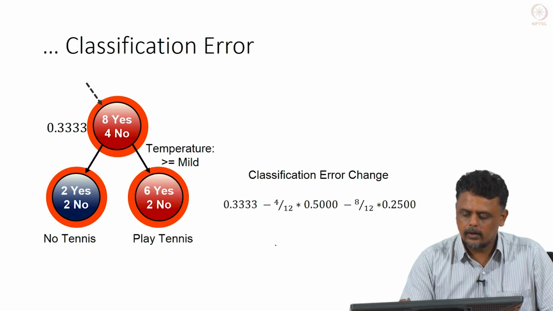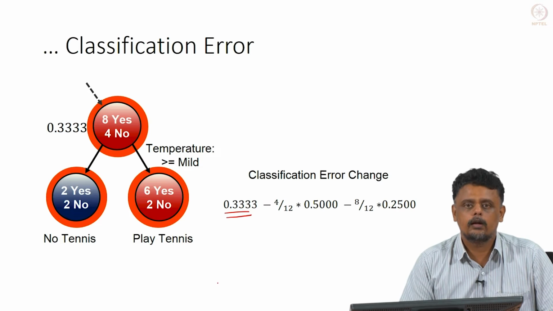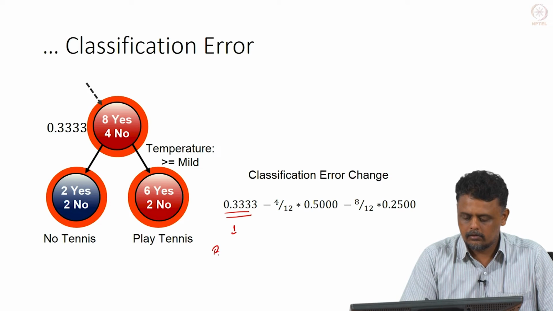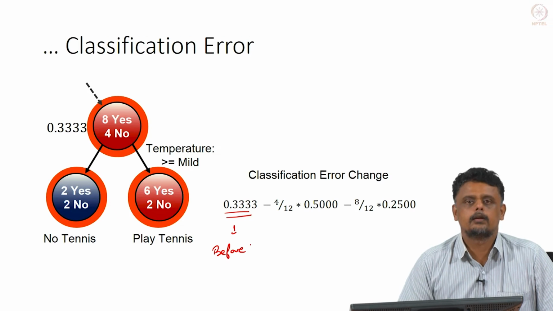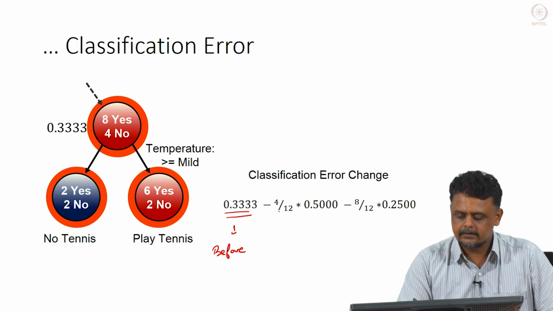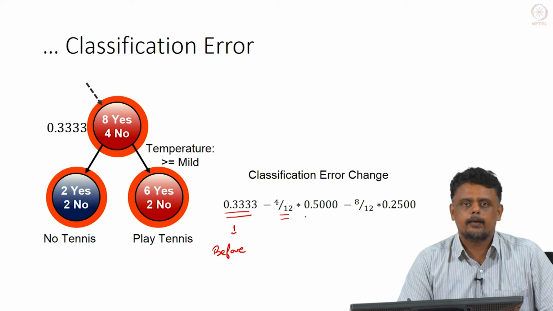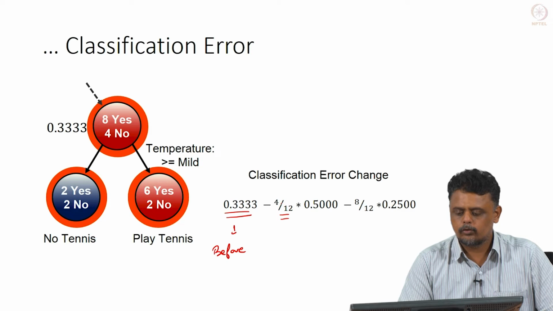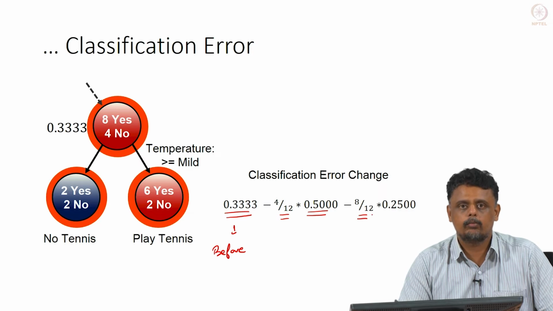Then we will see if you look at the classification error change. So, this is the classification error before, this is before the split. Okay. Now, we want to do it after the split. So, the weighted average in this case, so 4 out of 12 data points went to the left node. So, that weight is 4 over 12 times the classification error in the left node. The weighting for the right node is 8 over 12, that is 8 data points on the right node,